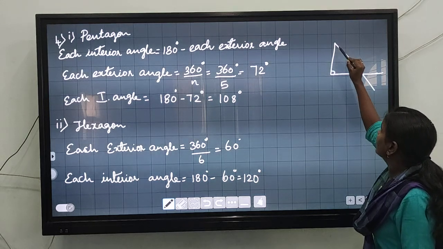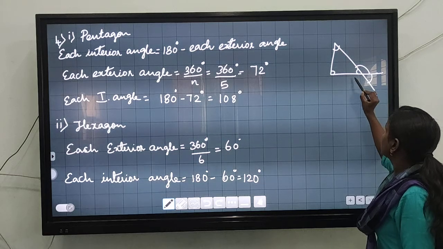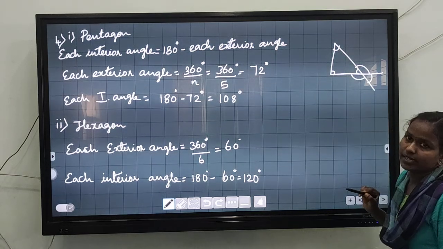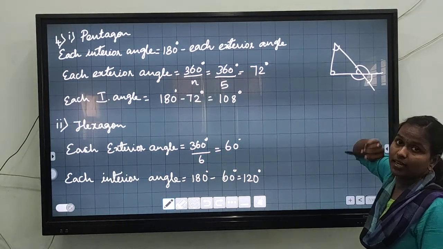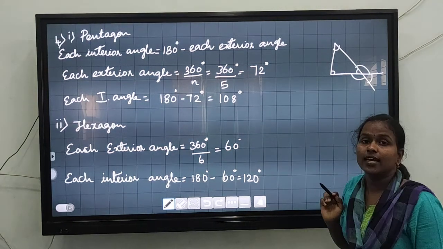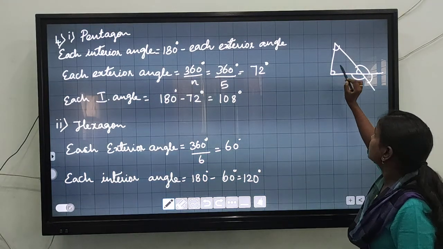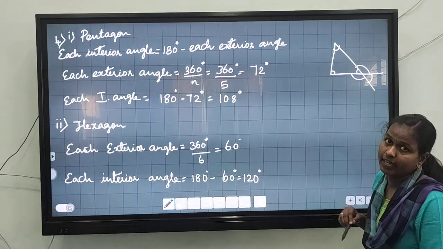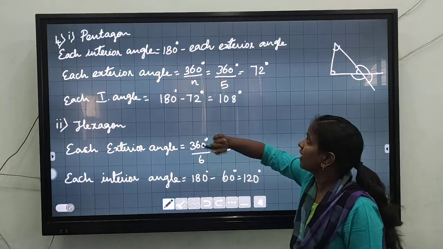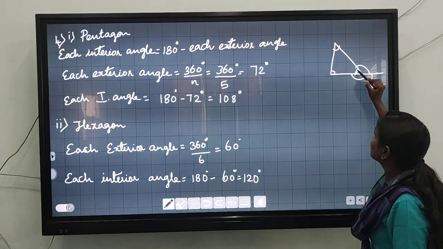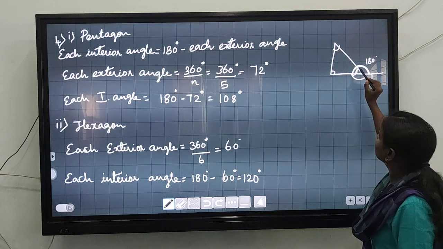See, these are interior angles, this is an exterior angle and this one is also an exterior angle. This is also an exterior angle because this is all coming outside. The angles which are coming inside are interior angles, coming outside are called exterior angles. So you know the sum of interior and exterior angle is equal to 180 degree in a linear pair. That means in this they are asking each interior angle. That means this angle they are asking. You know this totally is 180 degree. Only this angle,